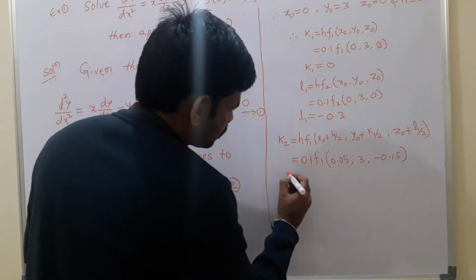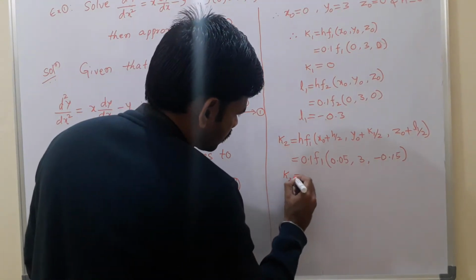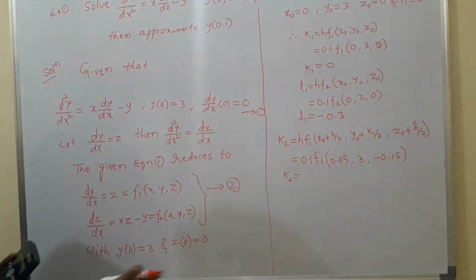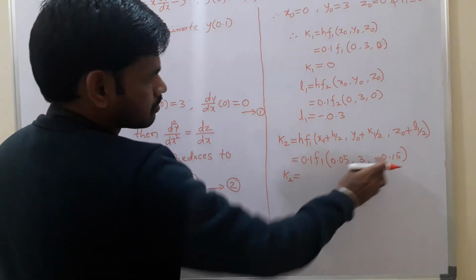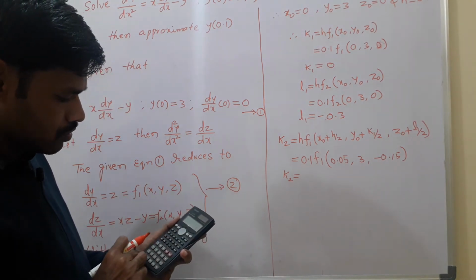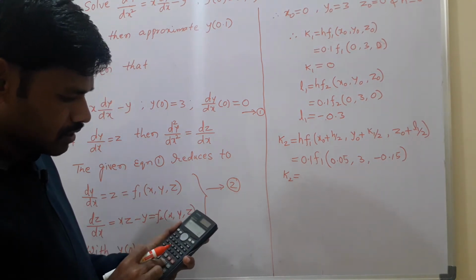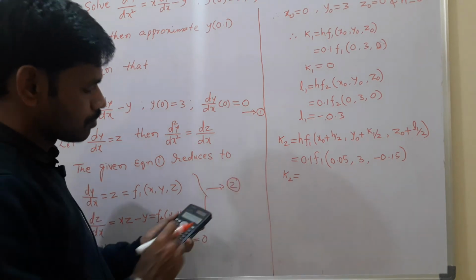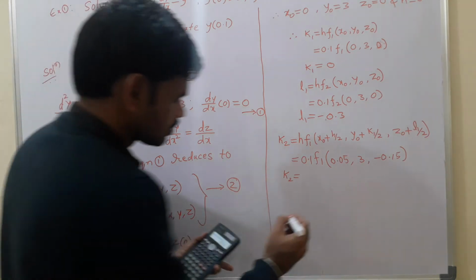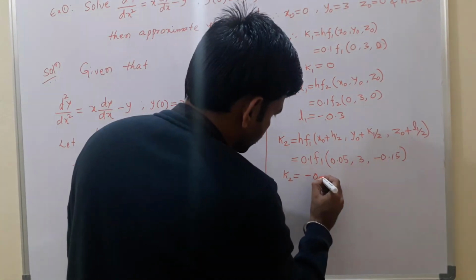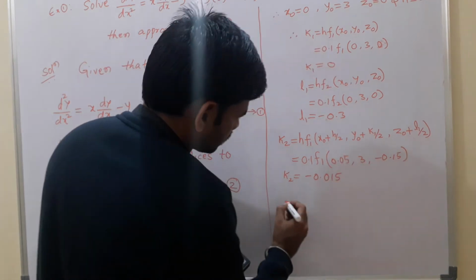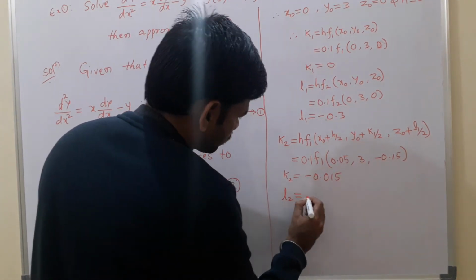So k2 equal to, the first function is z, 0.1, so minus 0.15 into 0.1 equal to minus 0.015, and L2 equal to